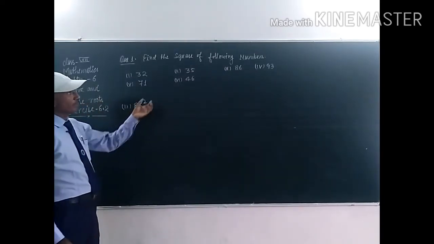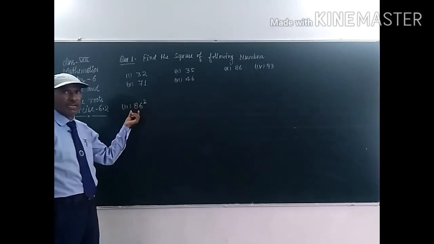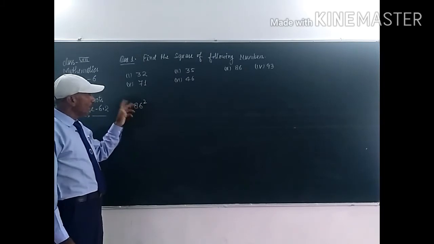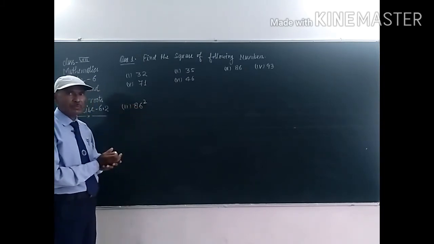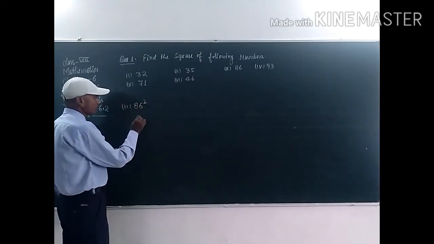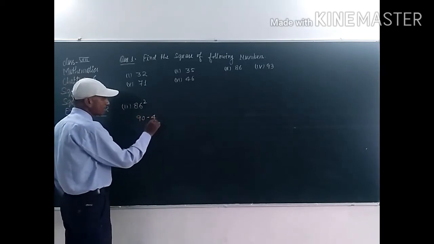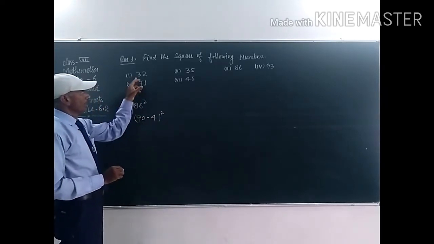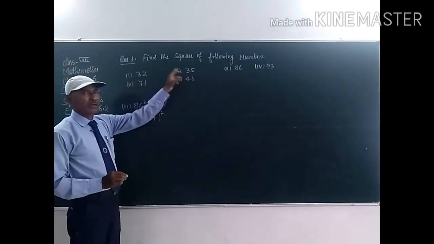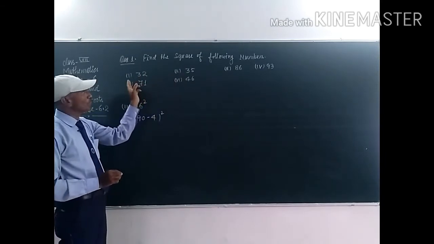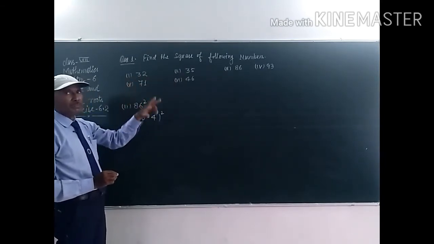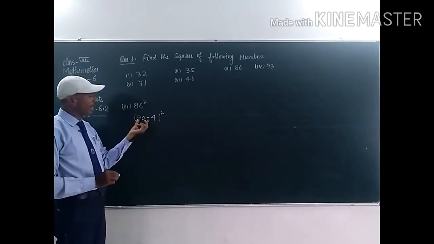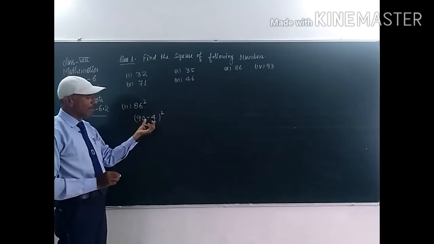This is the third part of the question, student. 86 square. 86 is nearest to 90, student. So we have to use 90 minus 4, that is 86. So this one will be 90 minus 4 whole square. Remember, student, in the first and second part we used a formula, that is (a plus b) whole square. But in this we have to use another formula or another identity, that is (a minus b) whole